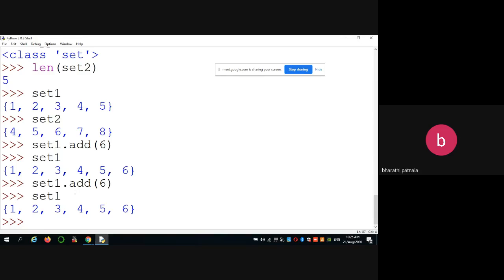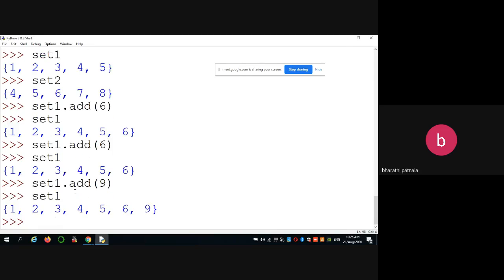It does not allow duplicate values, but it doesn't throw any error. It will check, and if it is available, it can't be added. If you want to add 9 into set 1, it will work. Only duplicate values are not allowed.